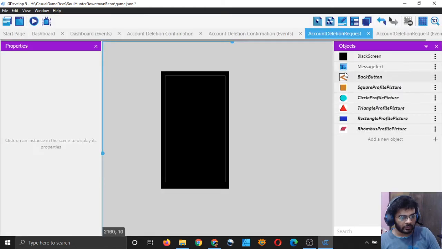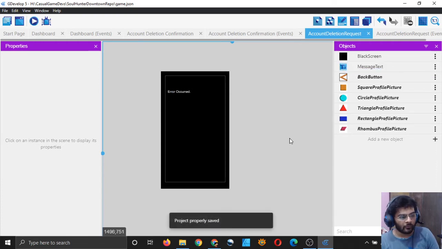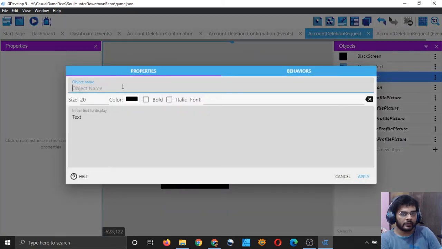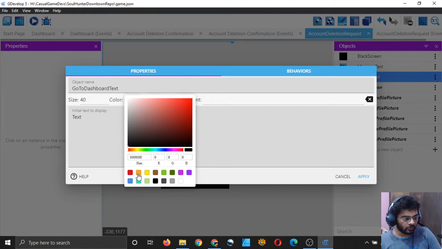So I will simply put this text here, right, and I need another text, and I will call it go to dashboard text, and this one will be 40 points in size and orange in color.